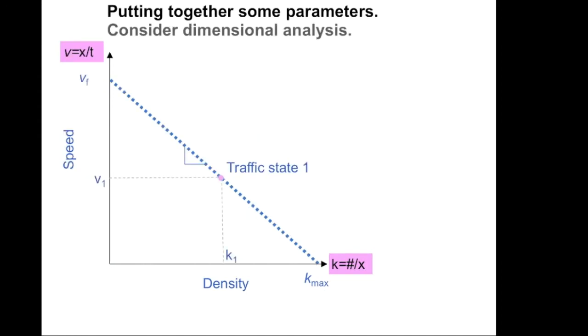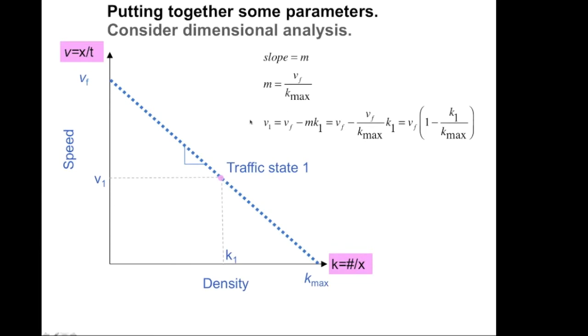There's another way to look at these two parameters. This is a speed density diagram. Generally speaking, the relationship is a straight line for traffic state 1 with values V1, K1. You can actually come up with a formula that allows you to predict. A theory of traffic flow allows you to predict one variable given another variable. In this case, the slope of the relation we'll call M, which is V sub F divided by